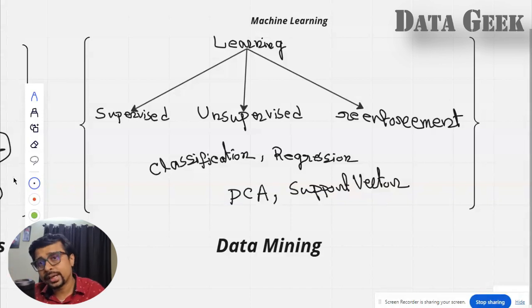Now, how do they create it? That's an in-depth thing that we need to learn, but yes, we will be creating it like that. After that, that model will tell me whether a person will be a credit card defaulter or not. That means next time someone applies for a credit card, I'll give that information to the model. The model will tell me, based on this person's information, credit score, and different factors, whether this person will be a defaulter or not. This is the easiest, simplest example available. Banks actually do that currently.